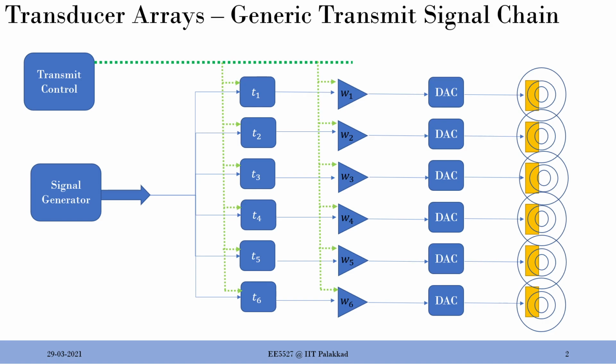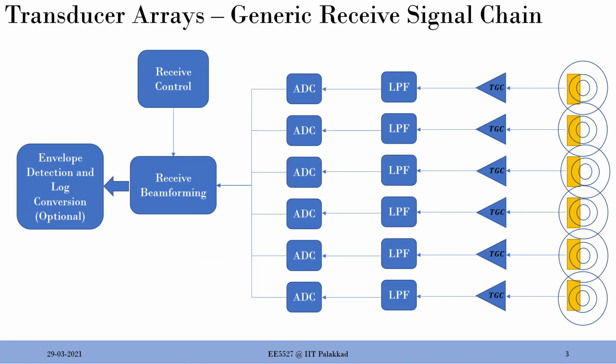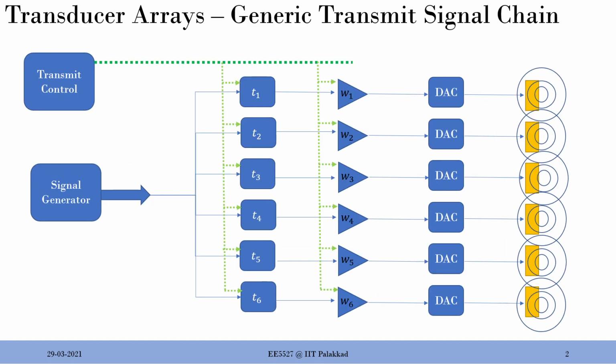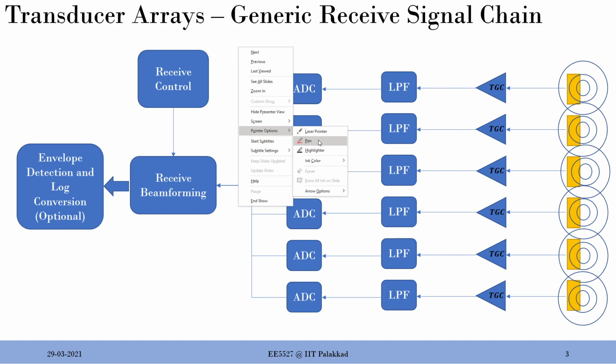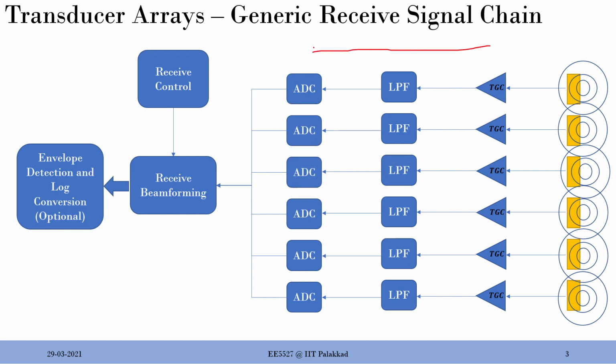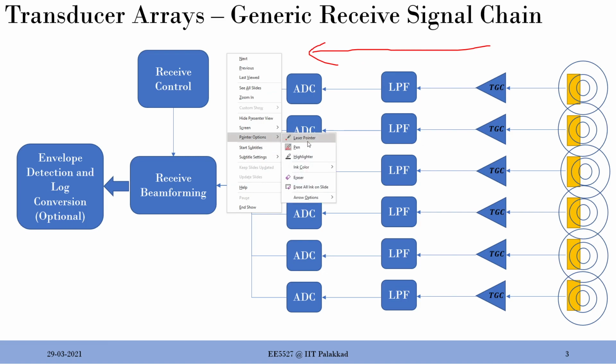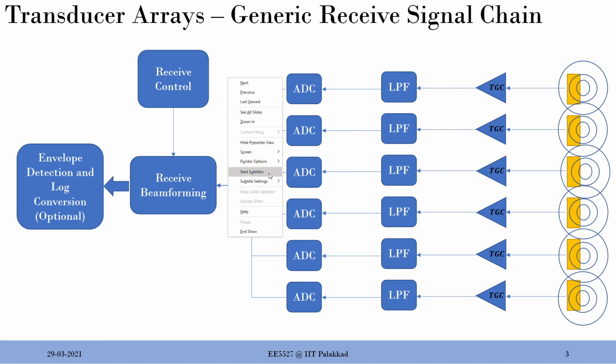With that, let me introduce the general or generic receiver signal chain. We saw the generic transmit signal chain here, and I hope everyone is well versed with it. Now the receive signal chain goes from right to left, in this direction. I purposefully drew it this way because it's sometimes good to have some difference. So it is from this to this, not the typical left to right. Let's look into some details of each aspect.